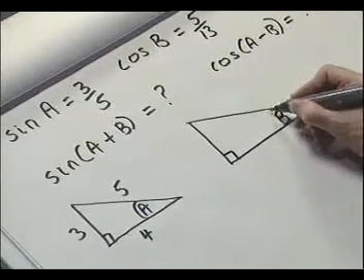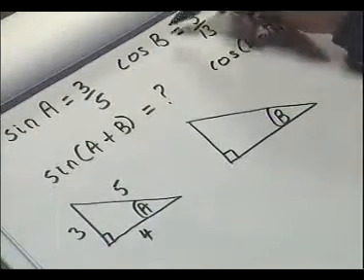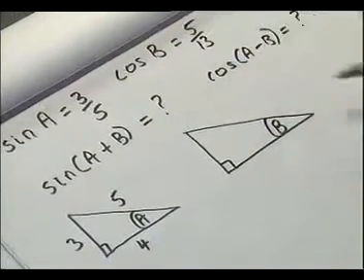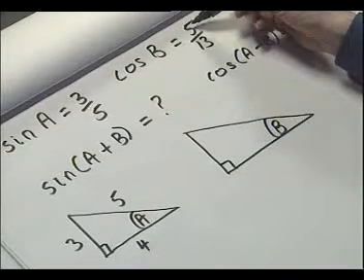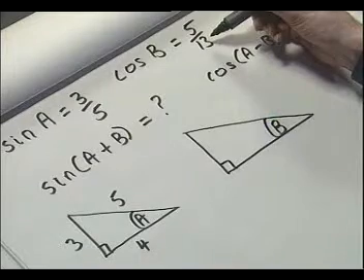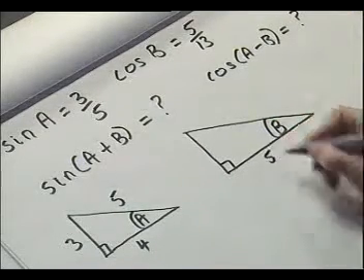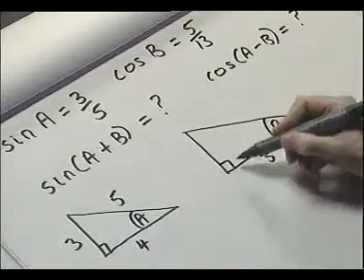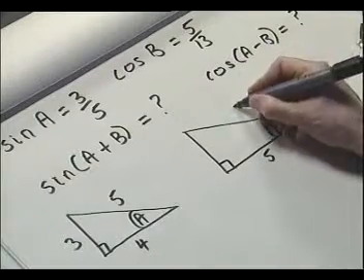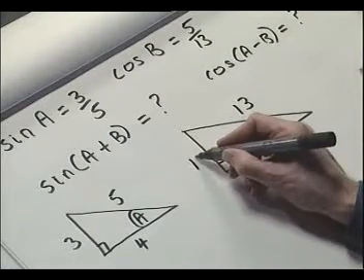Here is the angle B in its right-angled triangle. And we're told that cos B is 5/13. Cosine is adjacent over hypotenuse. This is the side that's adjacent, so there's 5. This is the hypotenuse, the longest side, the side opposite the right angle, so that's 13. So using Pythagoras' theorem, this side is